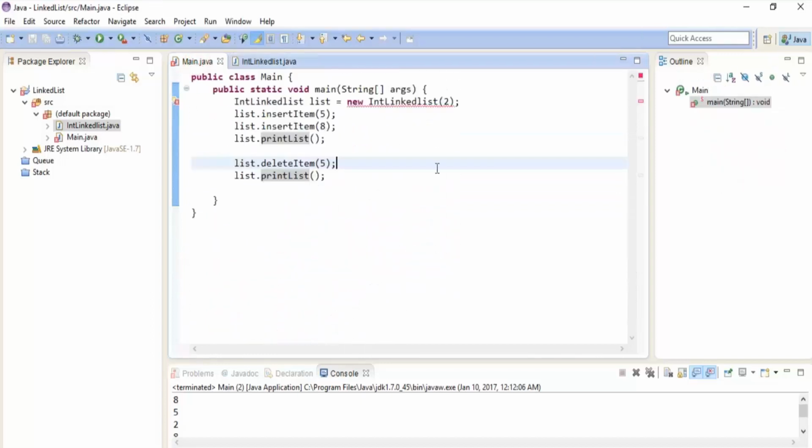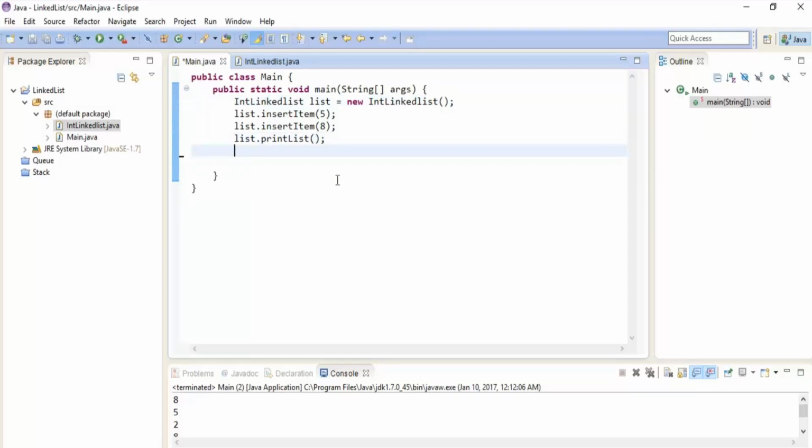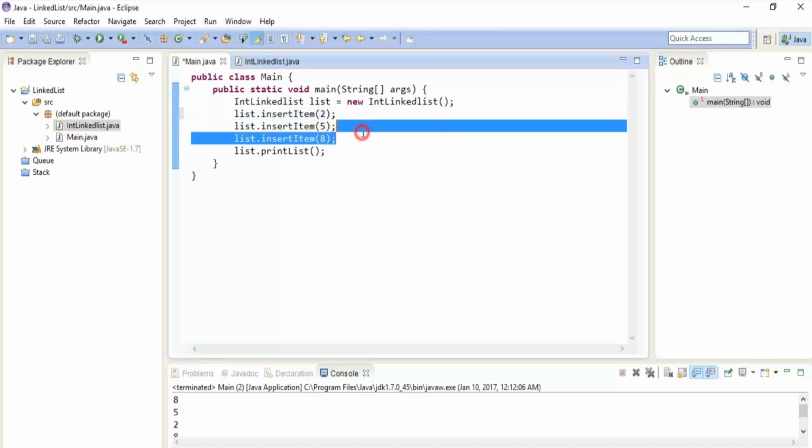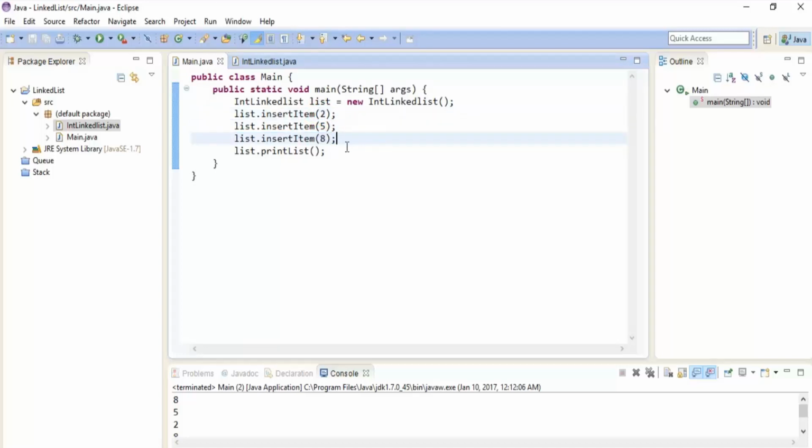Okay, so now let's remove this, and let's remove this line. Earlier we were adding the items at the start of the list, and the printing order was 852. Let's add another one right here, because we updated our constructor. The previous output was 852. Now we have updated our insert item, so that the new node is added at